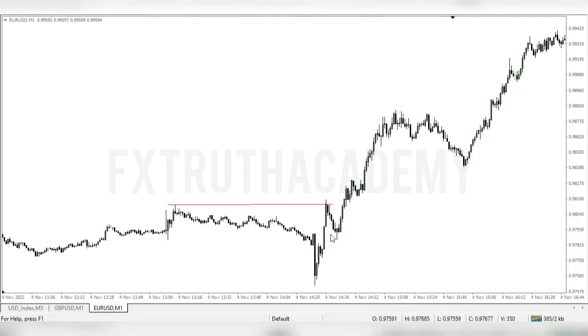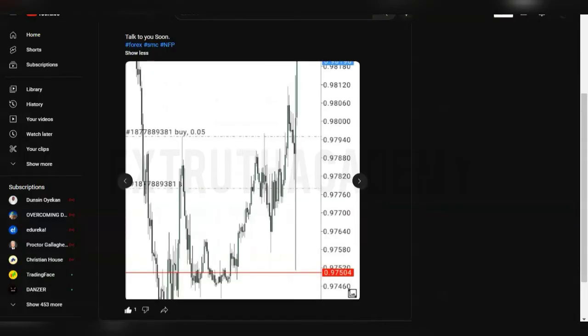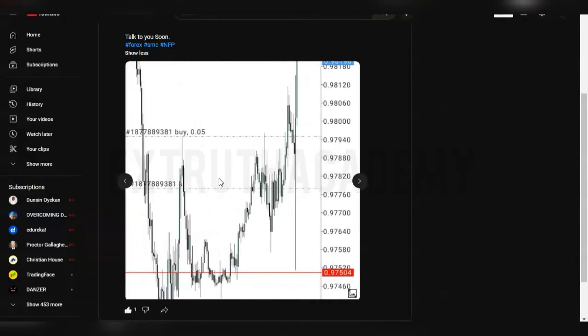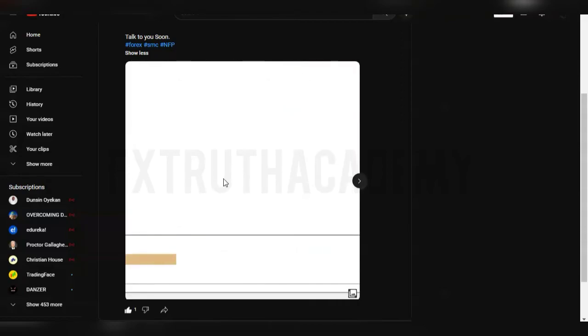The same thing I did for the euro. Price dropped into this fair value gap on this order block, but price expanded to the upside and took out my trade right there. You can see that particular trade on the community post here on YouTube. So this one is sharp. The screen won't allow me to show the details, but these are actually the trades right here. You can go check it out for yourself. I believe this is the euro, this is the pounds, and this is the before. You understand? You can check it out on my community post on YouTube using your mobile phone. I believe it will be optimum to see the whole idea clearly on your mobile phone.